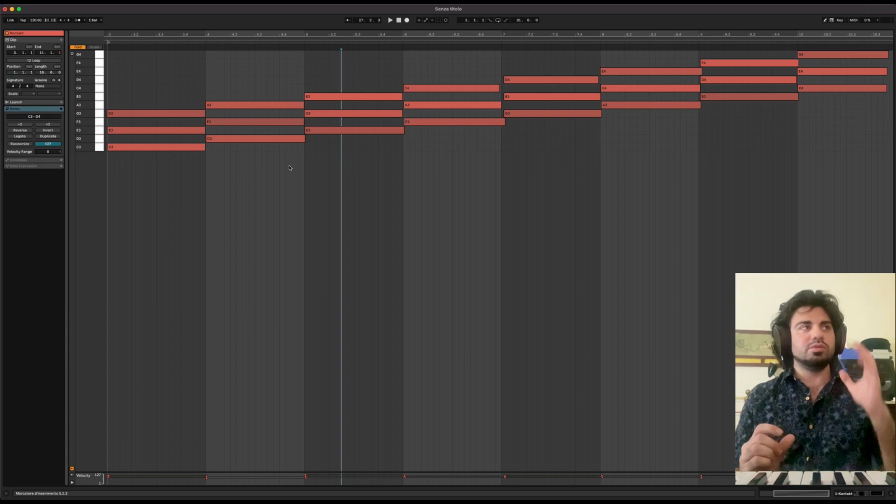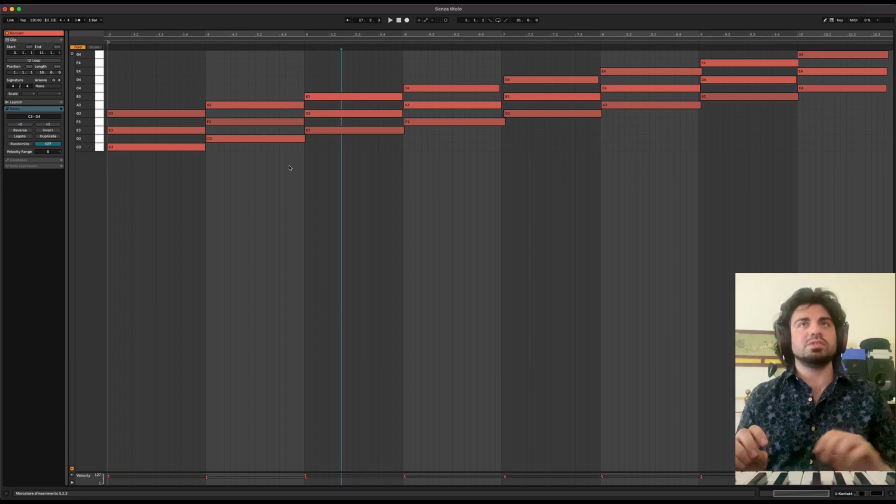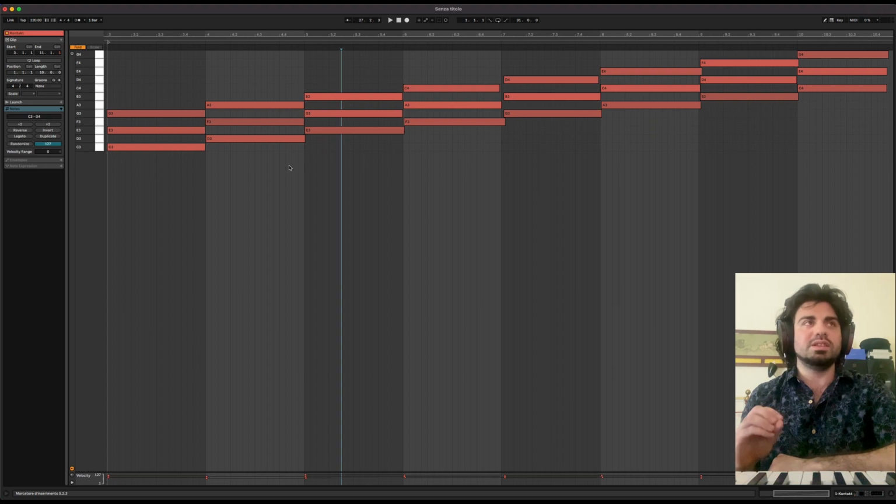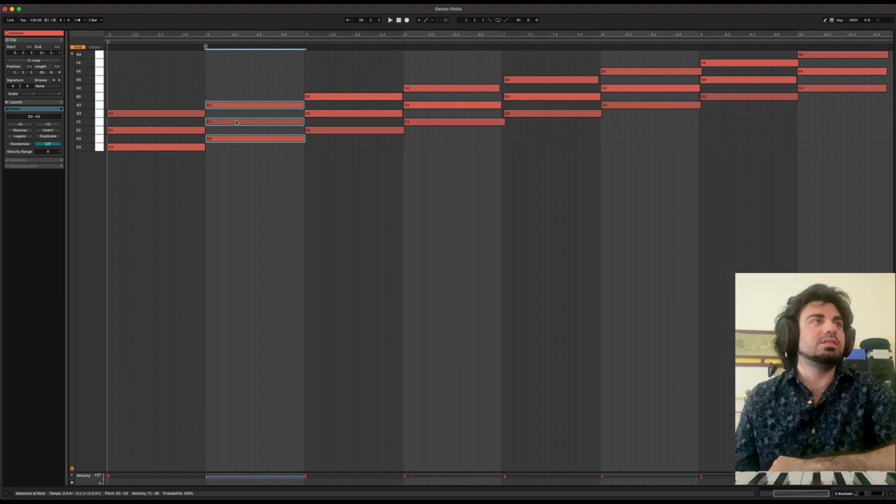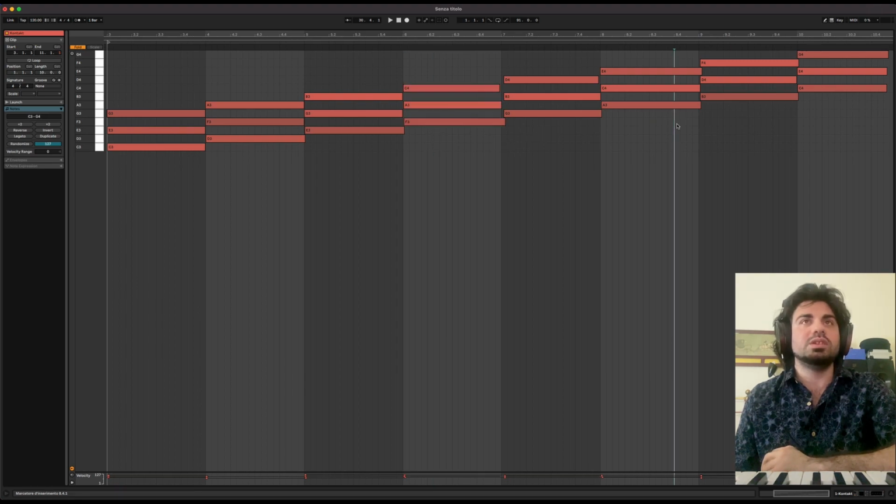I mean, if you use C major, E minor, and A minor, you are focusing a lot on the C major key. Then D, F, and A is for the same concept, similar to F, A, and C, and